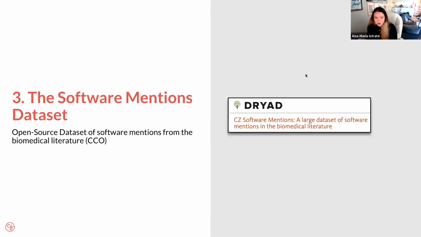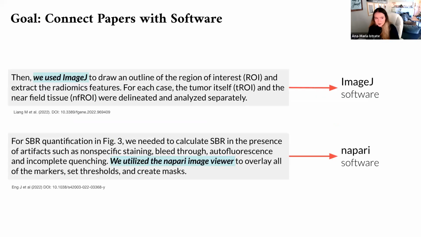The last thing I want to talk about is one of our projects to put together an open source dataset of software mentions from the biomedical literature and make it available to the community through an open access license. So far, and maybe you can see a theme by now, a lot of the things we're interested in is surfacing these outputs from papers and making these links available. In this case, we want to surface software from papers and make these links between papers and software available